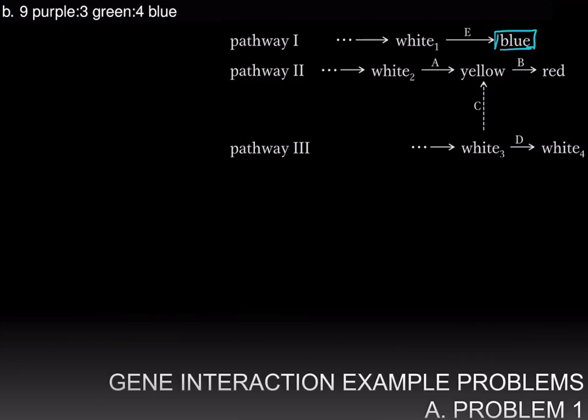Secondly, the presence of green suggests that there must be a mutation in B involved, as well as the presence of blue implies that there could be a mutation in A, so that if you're stuck at the white intermediate in the second pathway, you will result in all blue flower. So with this in mind, we can write down